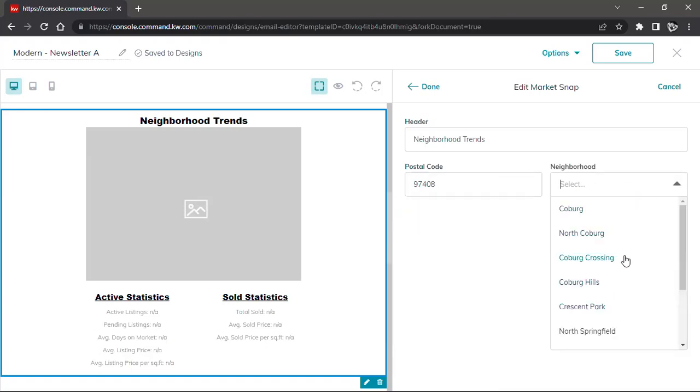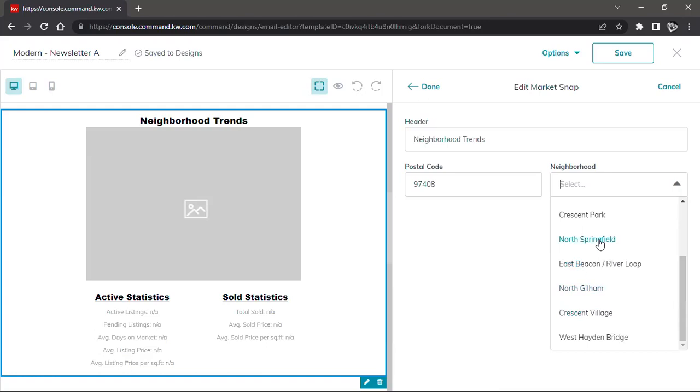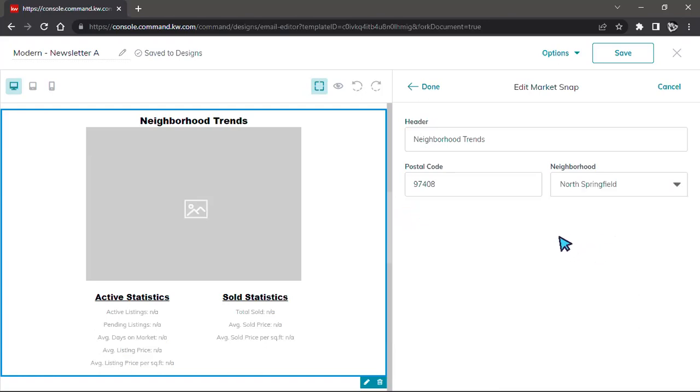So I'm not quite sure. I don't think I quite got it. I got North Springfield. I didn't get Southeast Eugene, but bear with me and pretend that this is the correct postal code. What we can do right here is once we type in our postal code and our correct location,